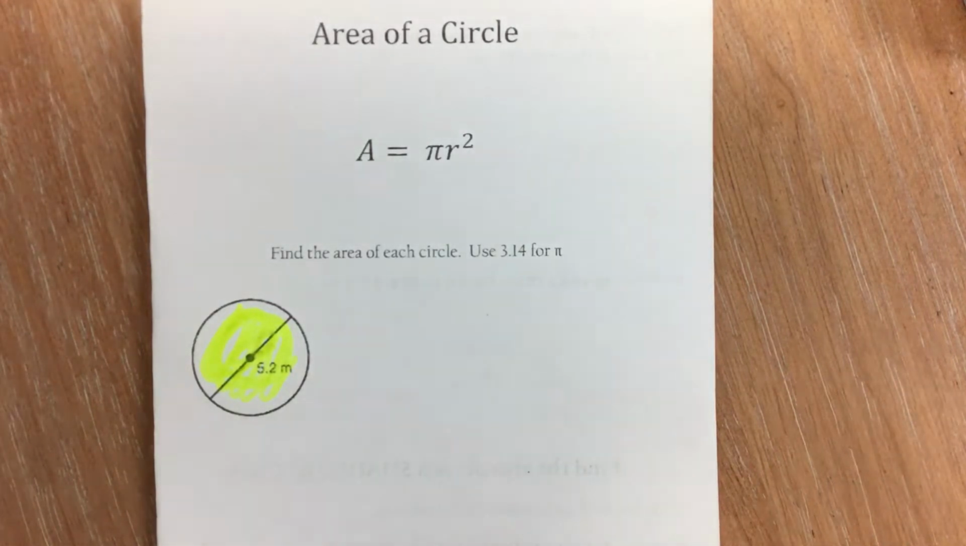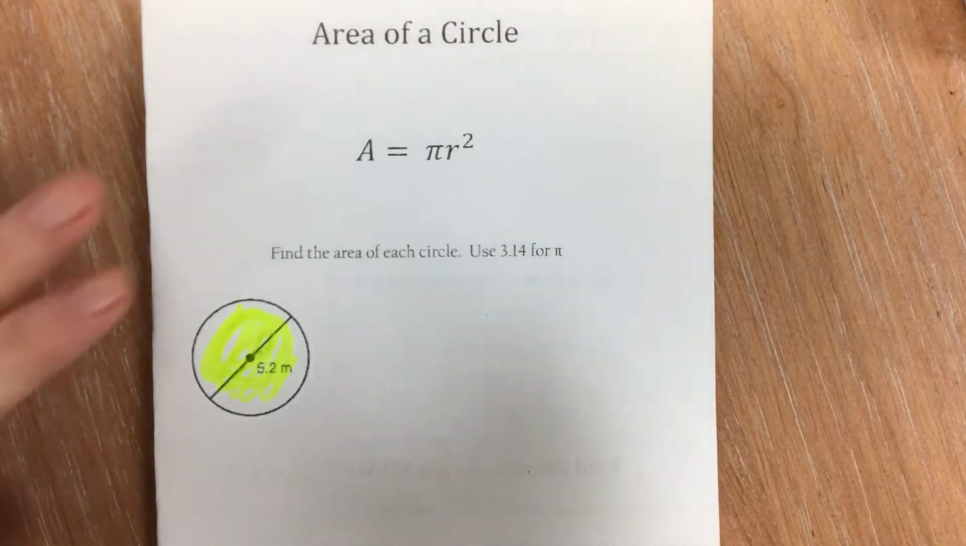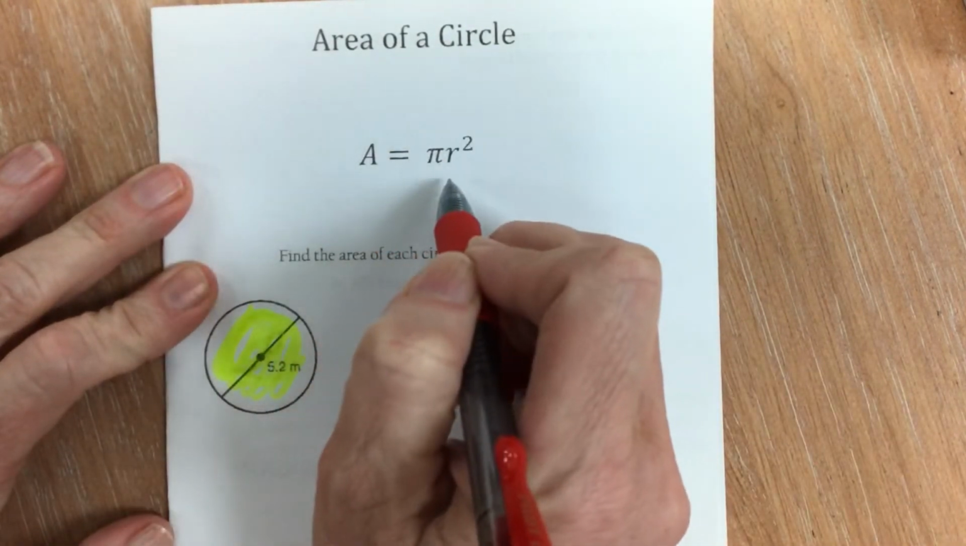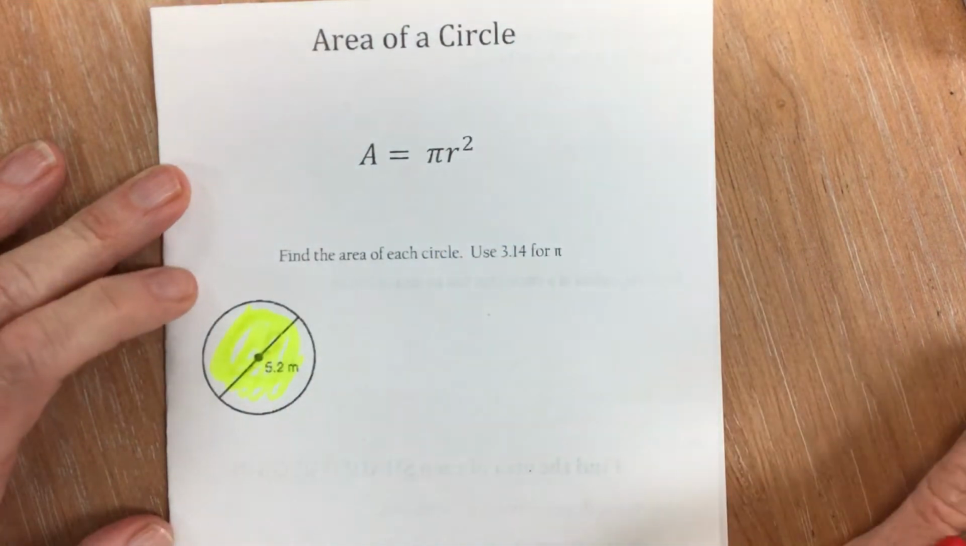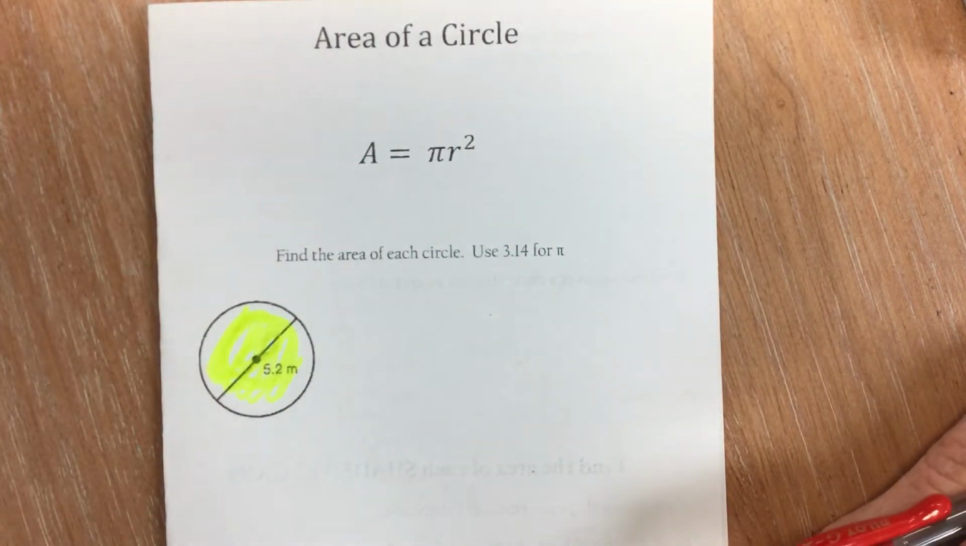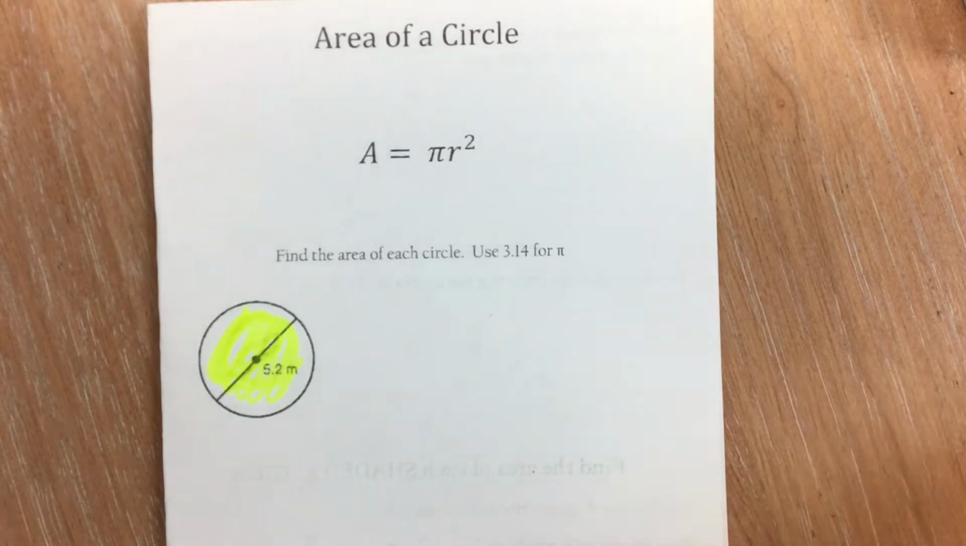All right, so the formula for area of a circle is area equals pi r squared. And for today, we're going to use pi as 3.14. So for this first example, find the area of each circle, use 3.14 for pi. So right here,